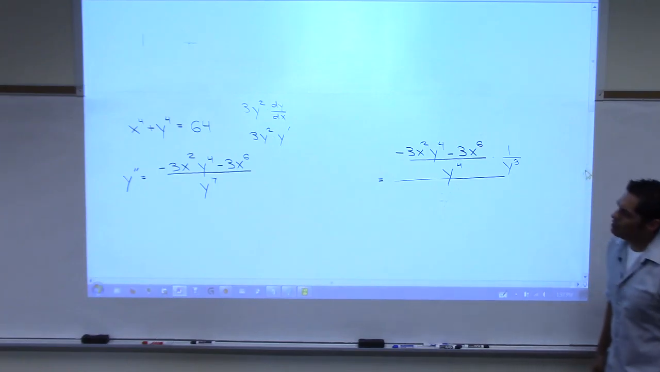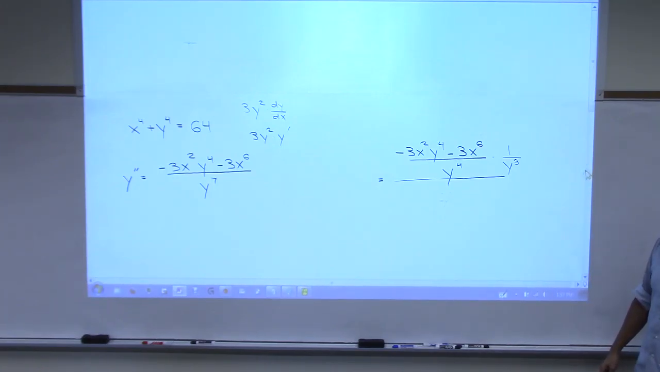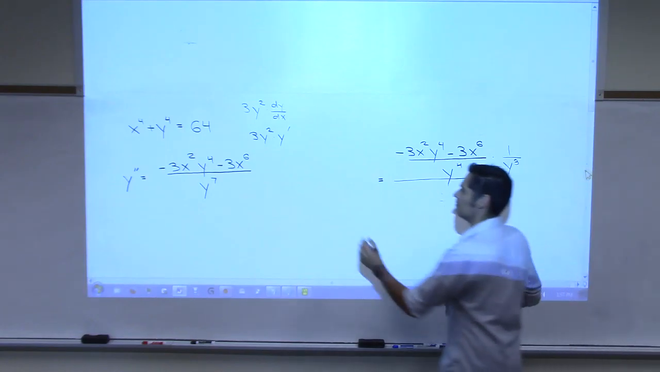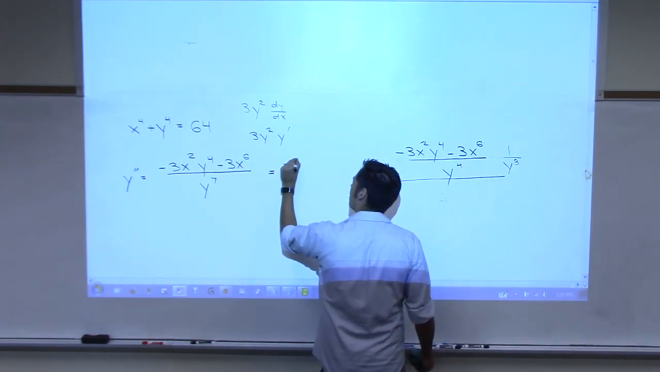Anybody recognize a GCF on top? Negative 3x squared. Do y'all see negative 3x squared on top? This is about to be